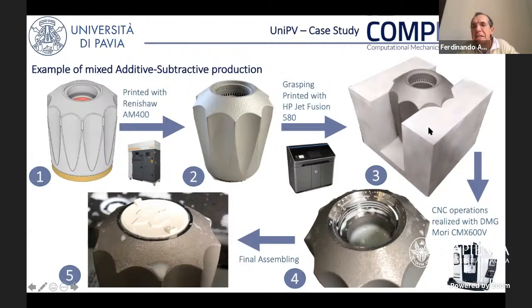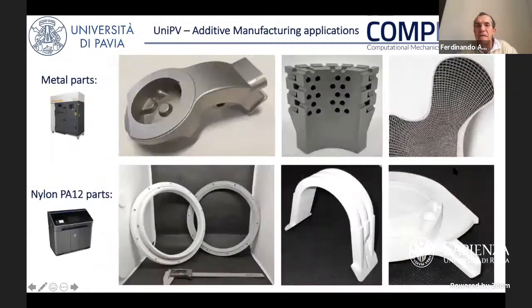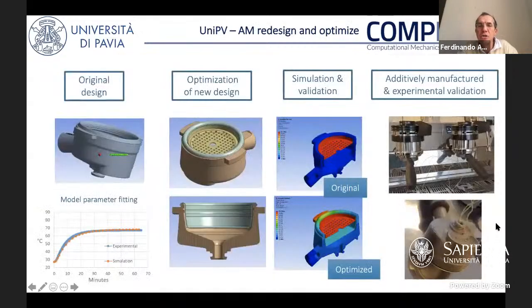And the very nice thing is that to do the subtractive, we also produce some of the components with another 3D printer. So we use 3D printing not only to produce the metal component, but also to produce components that we use to do the final work. You can see here complex geometries that we are able to produce with different technologies, the metal machine on the top, the nylon machine, the HP, on the bottom, quite complex geometry. And this opens the doors to even more simulations.